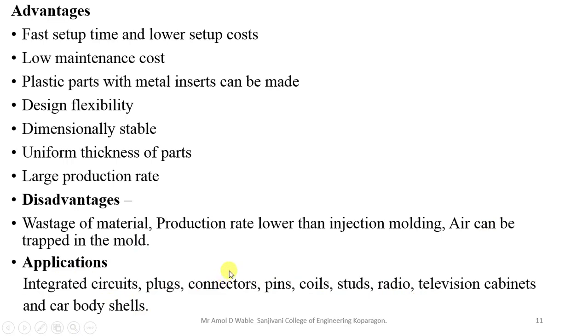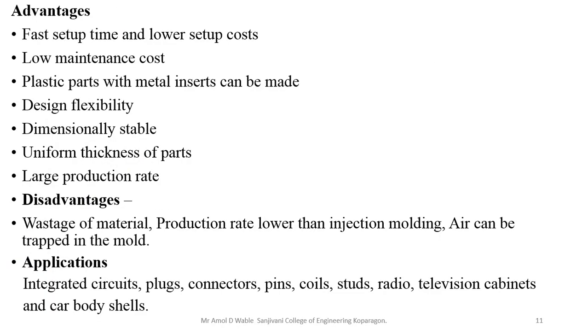So the parts which are manufactured by compression molding and transfer molding always come in contact with heat or some vibrations. So they have very good resistance to heat and vibration. If you see the electric parts, those are all generating heat, like your electric switches. So it shows good resistance to that heat which is generated due to the switch.